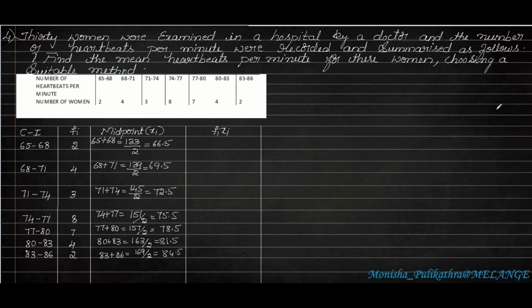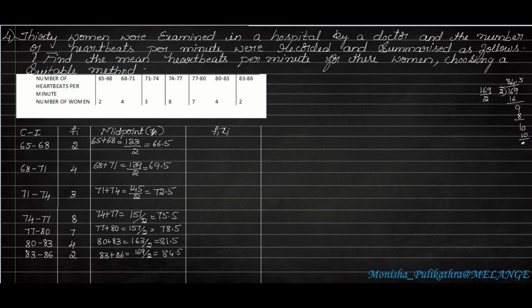So I will do the last one. See here, 169 divided by 2. Okay, so 169 should be divided by 2. So 2 8s are 16. So 9 comes here. So 2 4s are 8, 1. So if you put a point here, you have to add 0 here. 10. So 2 5s are 10. Okay. So the answer is 84.5. So in the same method, you have to divide all these things.